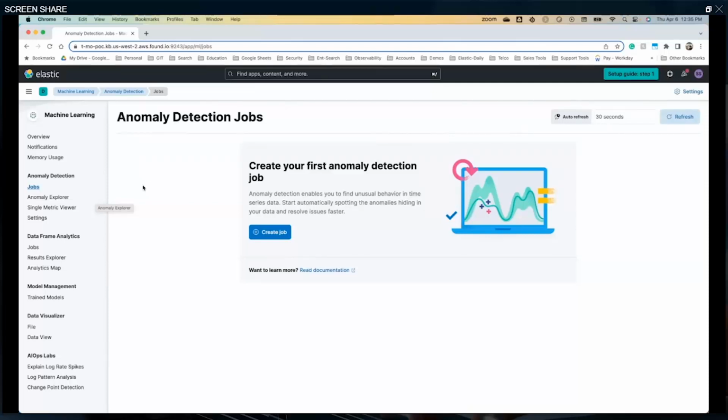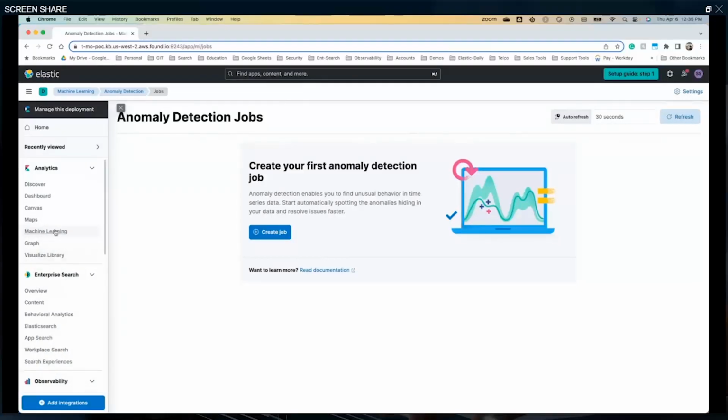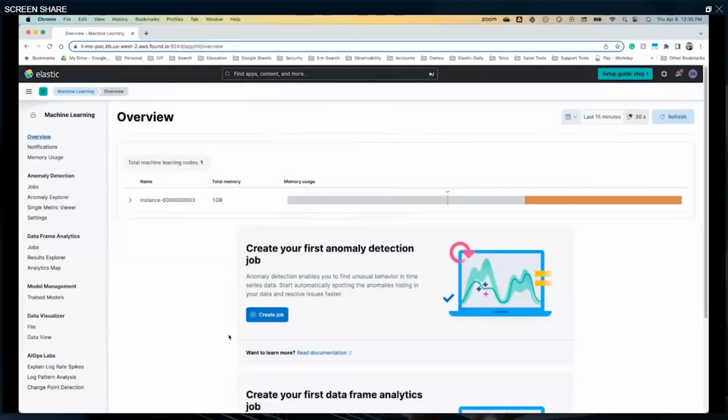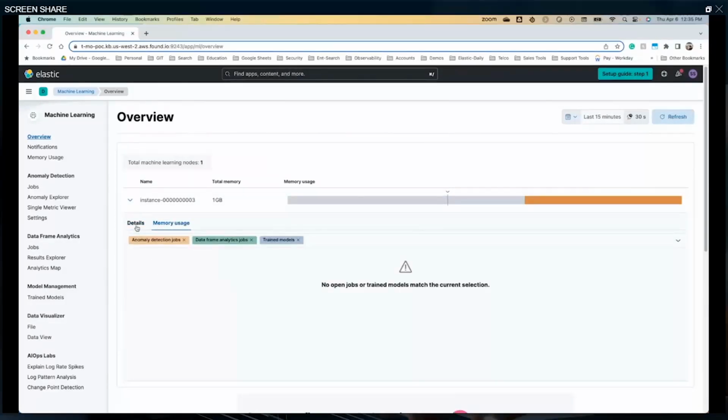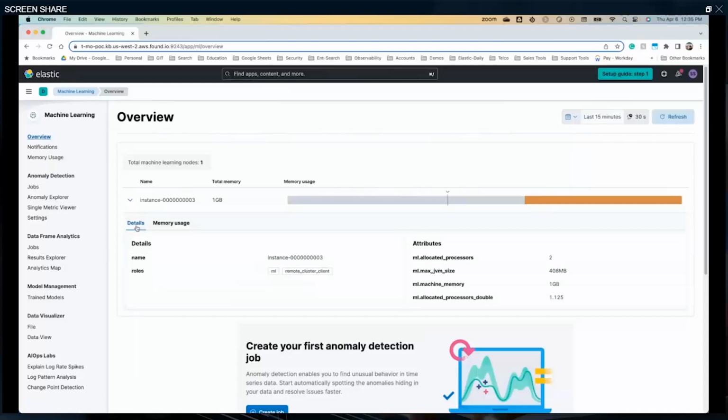Now, when you go to the main menu here, click on machine learning, and the machine learning page opens up here. And here you can see how much memory a machine learning job is going to take. So you can have hundreds or thousands of machine learning jobs for a single application or whatever it is. Any range you can use, and with a very small hardware footprint, you can solve a lot of problems out of it.